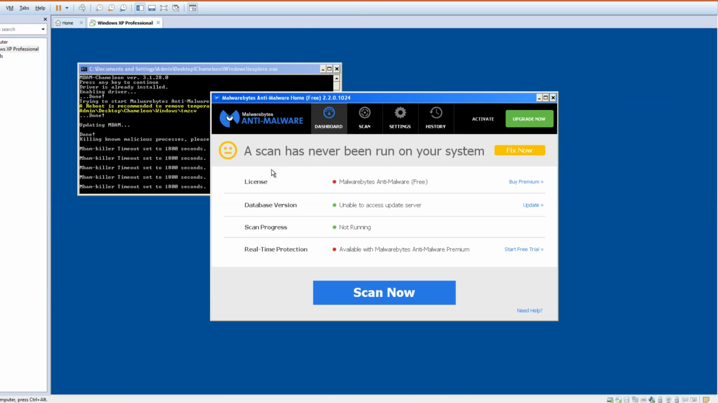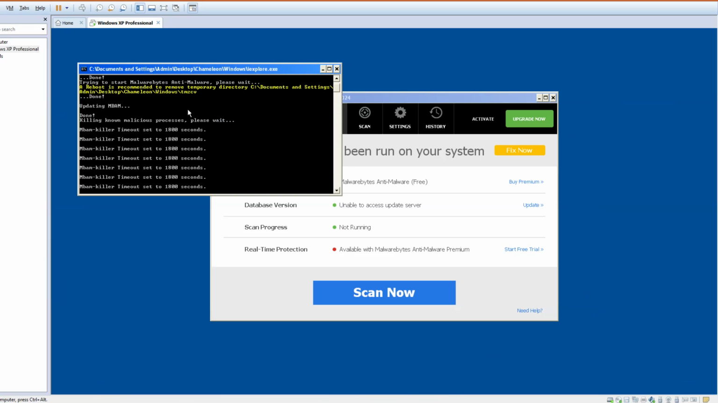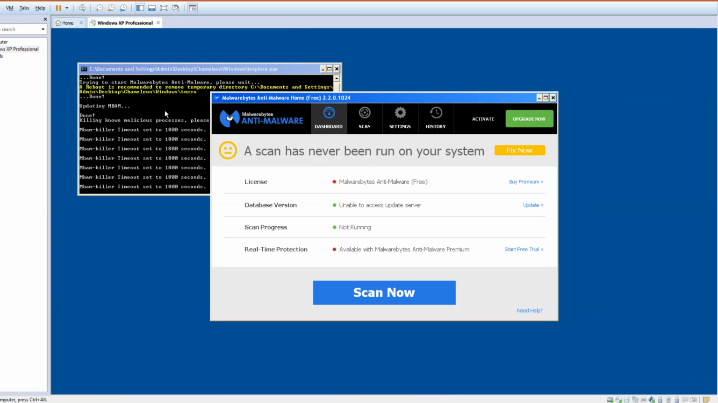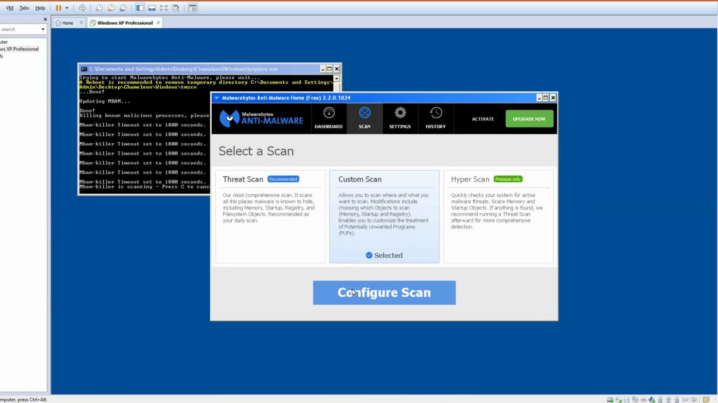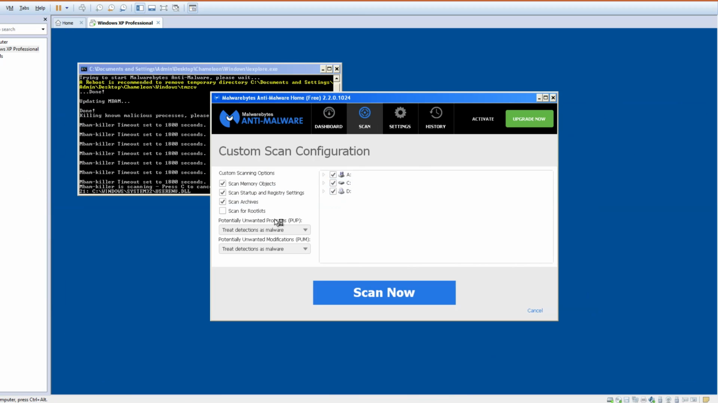All you got to do is get Malwarebytes onto there and then open up the Malwarebytes folder. And then in there will be a chameleon.exe or explorer.exe. You run it, it kills the system processes and allows you to run Malwarebytes. From here, you can do a custom scan, which in this case I'll scan all the drives it has, and